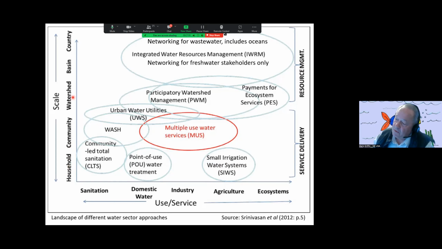Household, community, watershed, basin, country. Going this way, you get different services: sanitation, domestic water, industry, agriculture, and ecosystems. We don't usually do agricultural water as a service delivery at home, but it does happen using potable water. Of major interest for our purposes for dialogue is the resource management level. There are 2 main discussions or dialogues. One would be IWRM, and the other one,